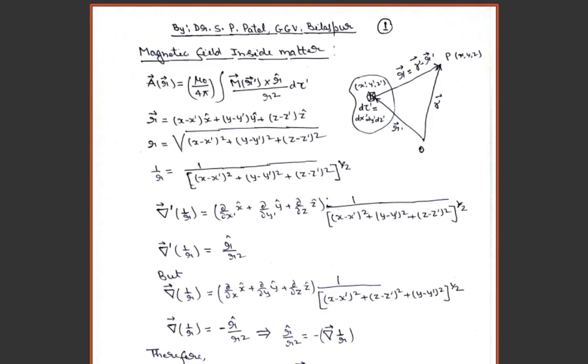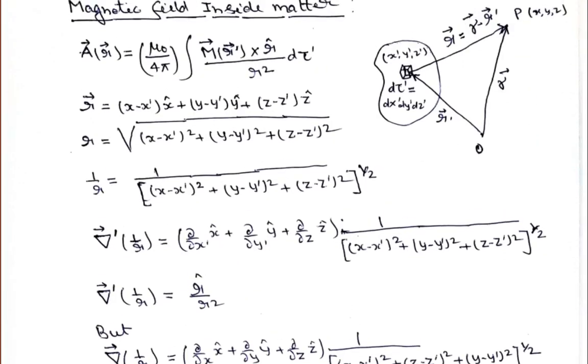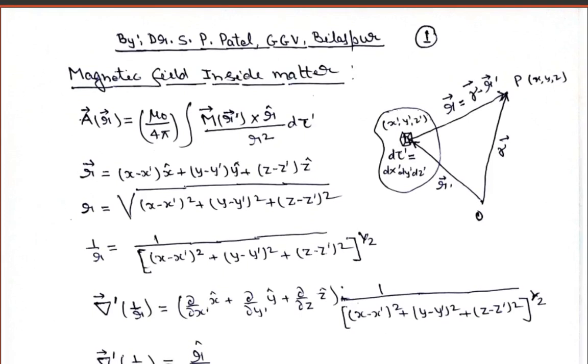So I will start from the same point where we left off in the previous lecture: let us say we have an object which is magnetized. Let's say we have an arbitrary origin, and we have to find the magnetic field due to this magnetized object at some point P. This point is a function of x, y, z coordinates, and the magnetized object is a function of x prime, y prime, z prime. So this is the r prime vector, this is the r vector, and this is the gamma vector. So this vector will obviously be equal to gamma vector minus r prime vector.